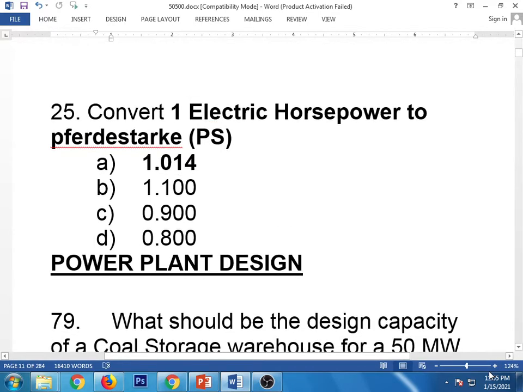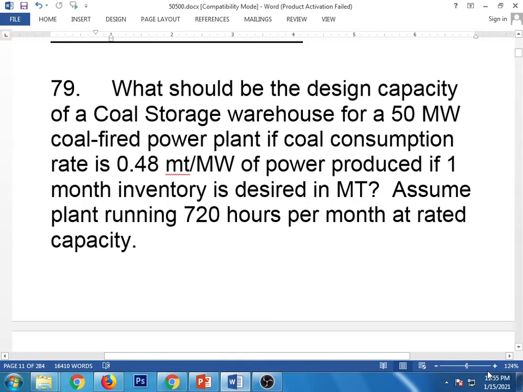1.014. Power plant design. What should be the design capacity of a coal storage warehouse for a 50 megawatt coal-fired power plant if the coal consumption rate is 0.48 MT per MWh of power produced, if 1 month inventory is desired, in MT? Assume the plant is running 720 hours per month at rated capacity. Answer: